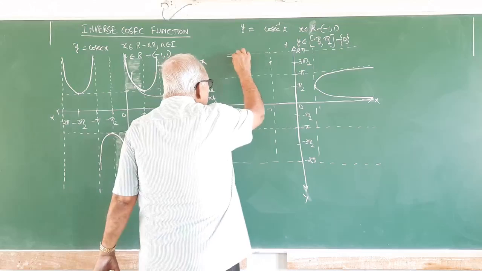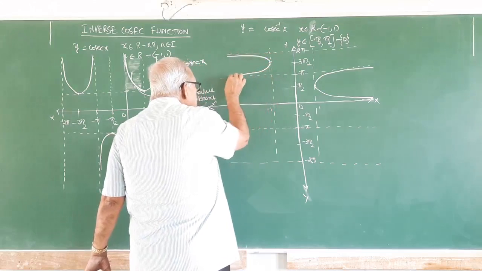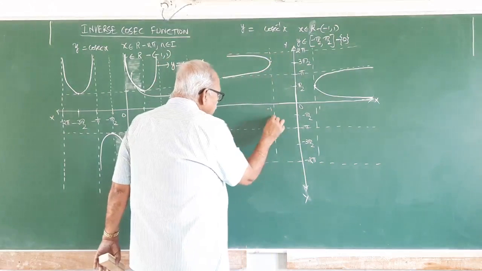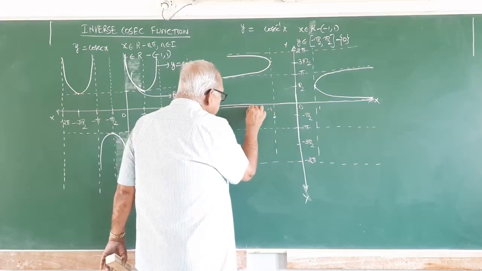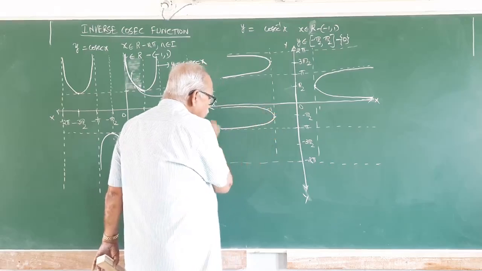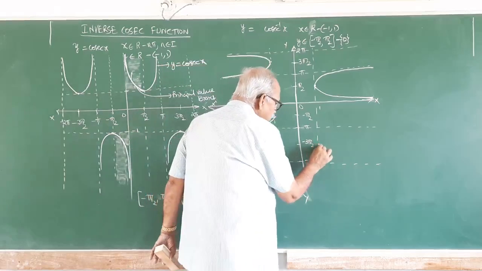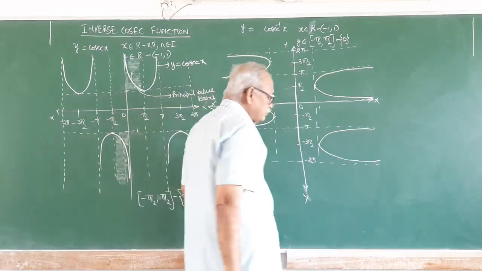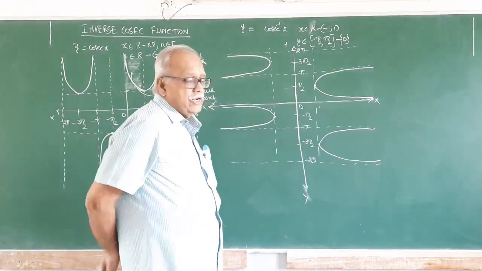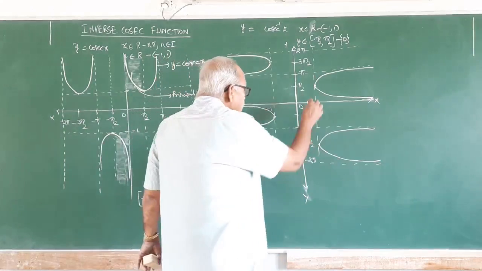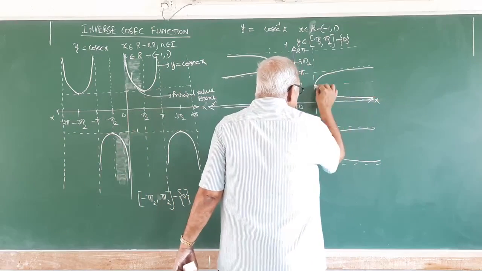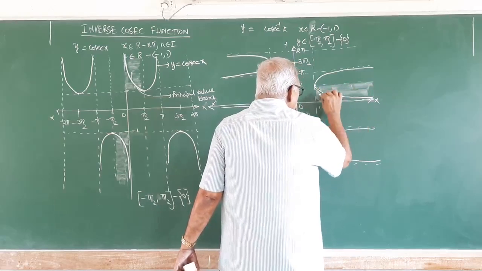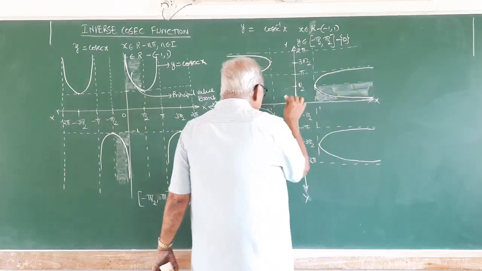Now you will get, here there is one branch. And here you see what is the branch? You see minus pi by 2, minus 1 is minus pi by 2. And here it will be positive and it will be like this. The principal value branch, that is very simple. You make it here. This branch, that is minus pi by 2 to